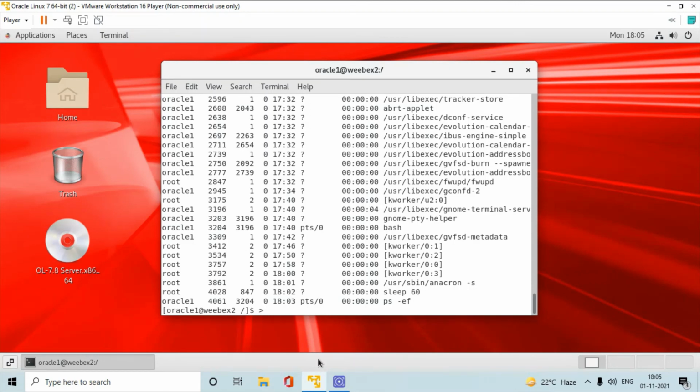If you give this command, then whatever information is available in that file is removed, and new data will be stored. Or if you use the double arrow, then it will store all the information, old and new.